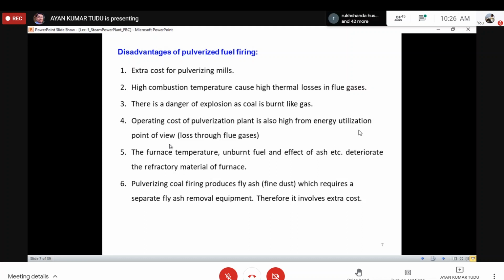What is fly ash and how it will be taken care of? I think we will be talking about that later in the class. Okay, we have a typical type only. The fly ash means ash storage handling plant actually.